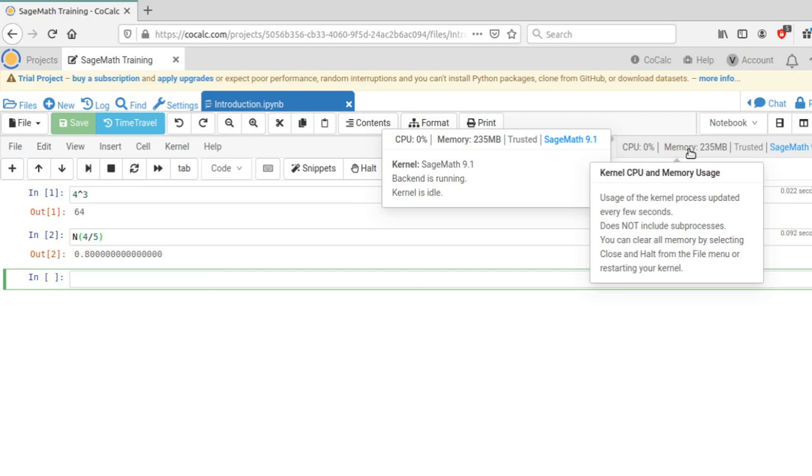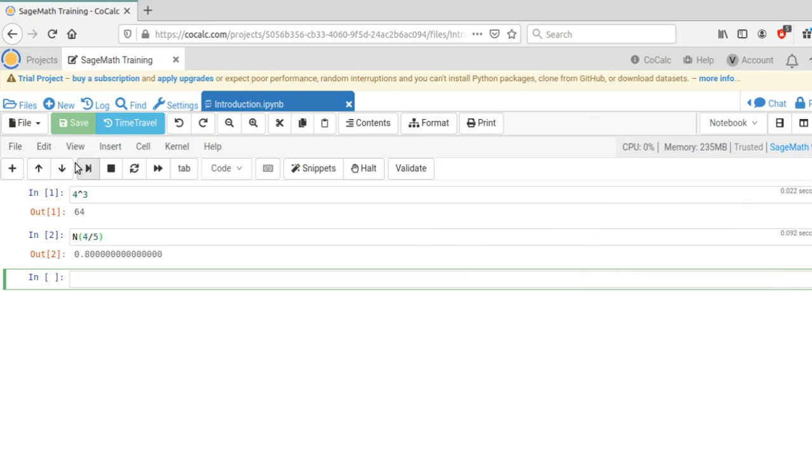Of course, in smaller computation situations, this is not going to matter much. But suppose that you are plotting a 3D graph with a lot of parameters, then this is going to definitely affect. So this is not actually the best option, but if nothing else is available, you can simply try this CoCalc web server. When I press shift enter and evaluate, it gets saved. But to make sure that we are not losing our work, we can just click on save, but it seems that it's already saved.